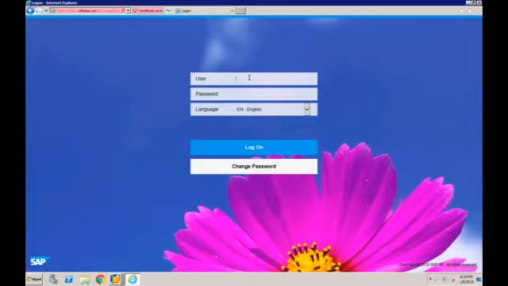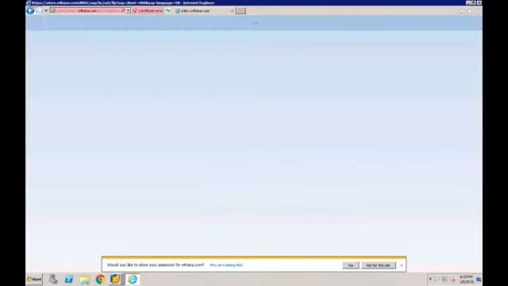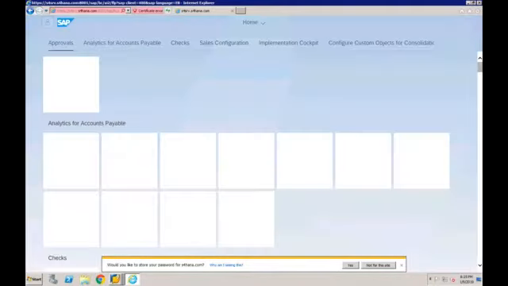The answer is the same user ID and password has to be provided here in SAP Fiori also. So my user ID is this, and my password is whatever I entered earlier, and I can select the language. If I click on log on, it will open the new screen, which is called the SAP Fiori launchpad.